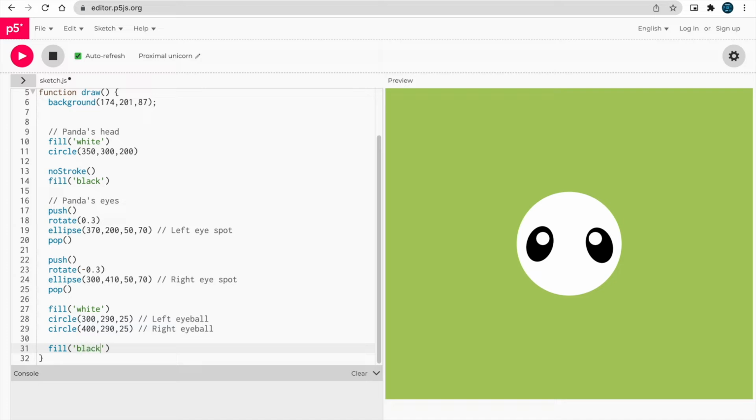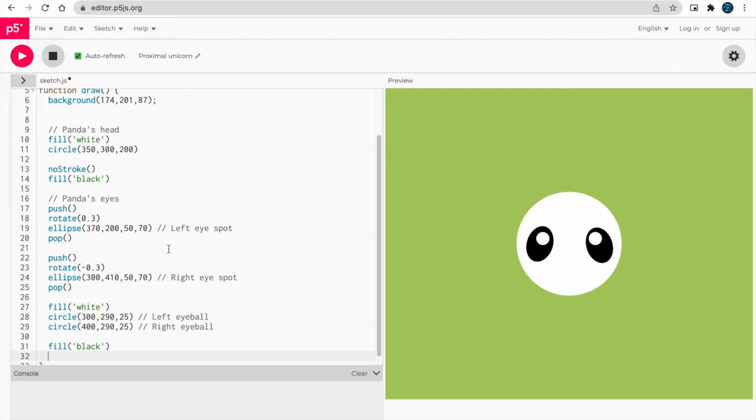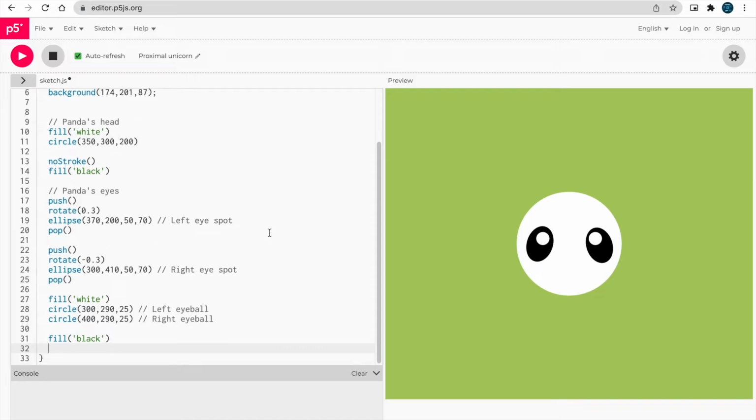We will be doing the filling first, and for the pupils we will be using circles again. The circle is very easy to use, and the panda's head is an easy shape. Again, we type the coordinates, and 17.5.